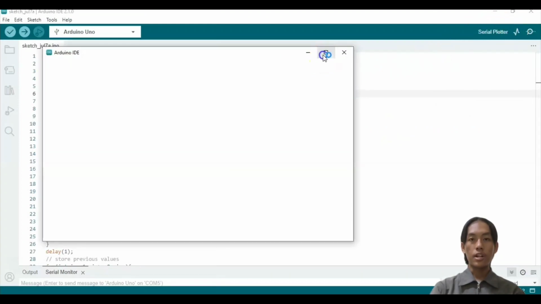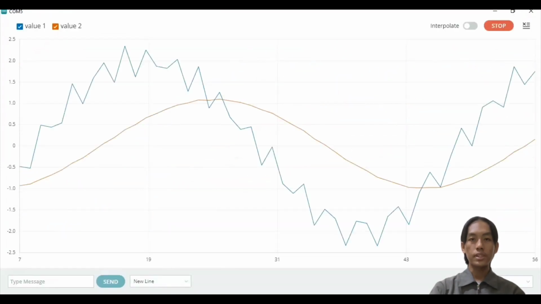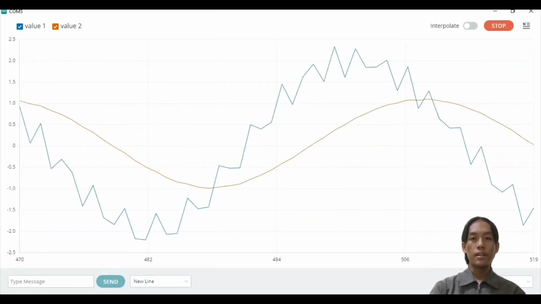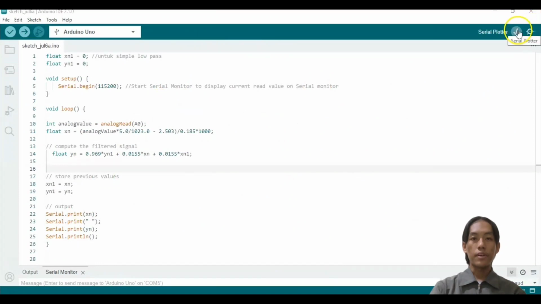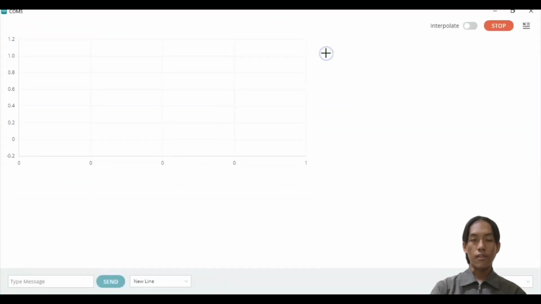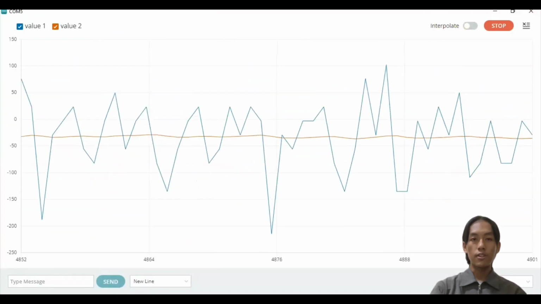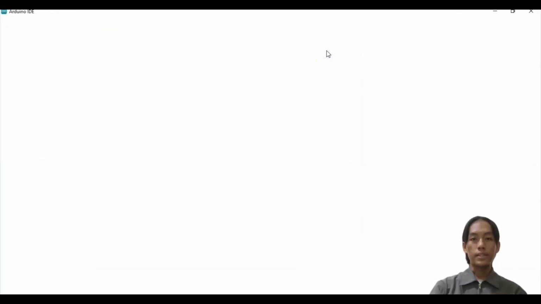In this testing, the Arduino used a discrete transfer function to filter the current sensor wave, resulting in a 10% remaining signal at 50 Hz. For the next testing, without adding the motor, value 1 is the current value without filter, and value 2 is the filtered value from the simple low-pass filter. The amplitude of the raw signal is in the range of 150 and negative 150, while the filtered signal is between 0 and negative 50. In the third test, digital low-pass filter, after adding the motor, it shows the current